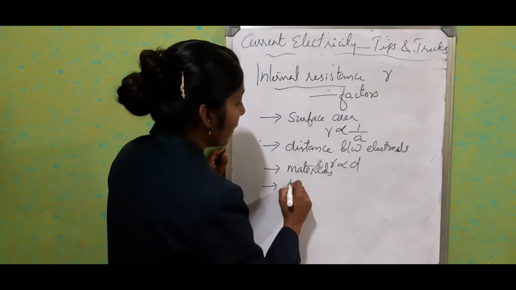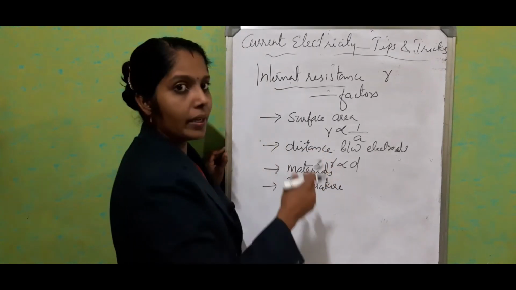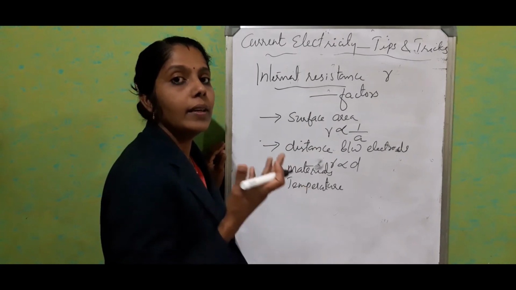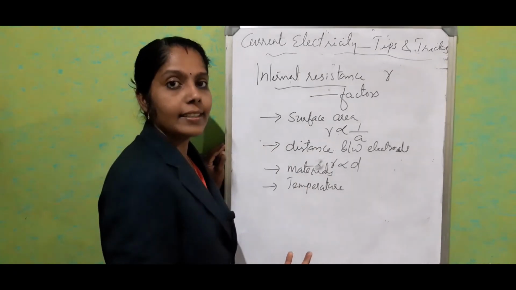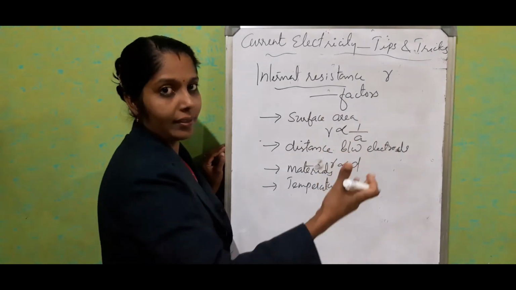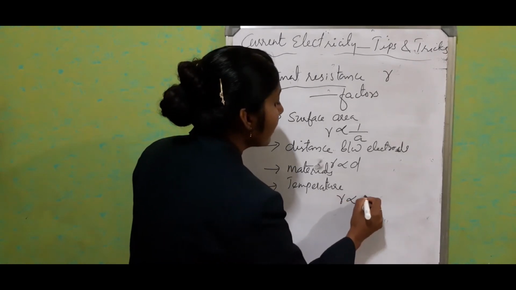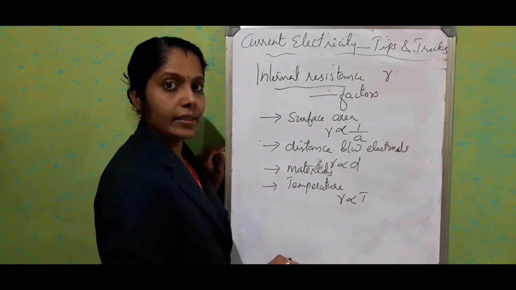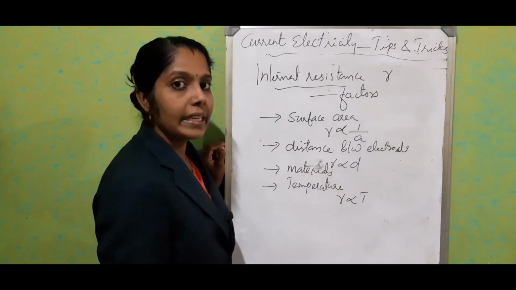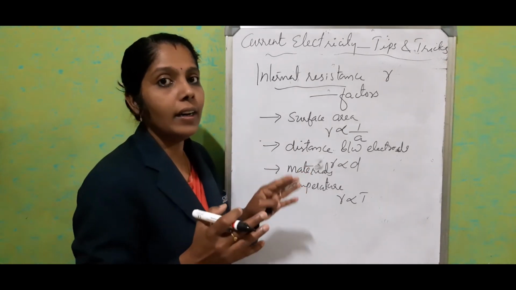Now the last one is temperature. So somewhat similar factors are coming. If you are able to compare and study them together, it will be easy for you to remember the factors affecting the internal resistance and resistance, with a little bit of change according to the conditions. What happens to temperature? As the temperature increases, the internal resistance also increases. Same factor there also. So these are the main things you have to consider in the case of a cell.